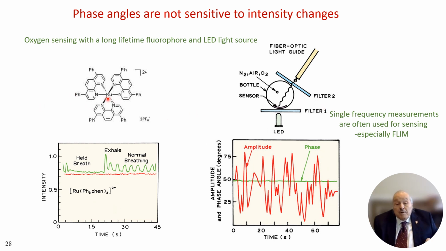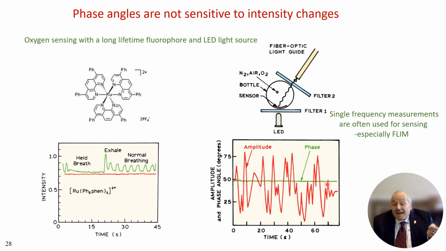This is the probe. It's quenched by oxygen. We set up a phase fluorometer in a scintillation vial with an LED light source and the sensor on the other end. And we looked at the phase angle, and then we looked at the phase angles while we waved our hand in between the light beam and the sample. And of course, in that case, the amplitude goes all over the place, but the phase angle is